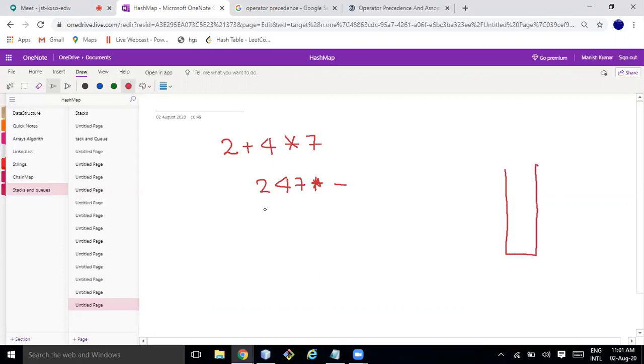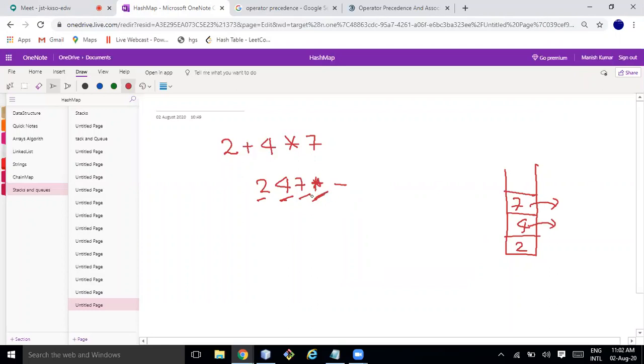If I find an operand, I push it. Again, I find an operand, I push it. Then I found an operator. Then what I'll do is pop the two elements below this and calculate with this operator.